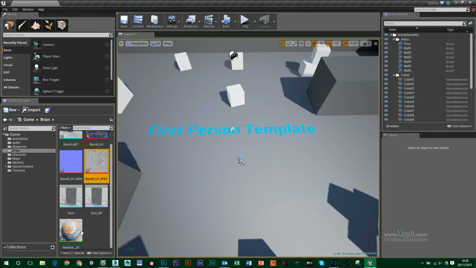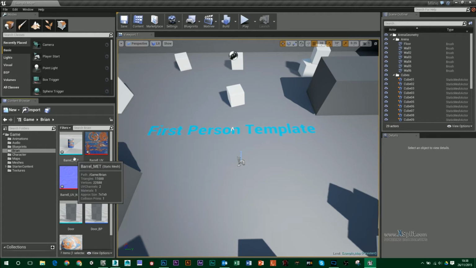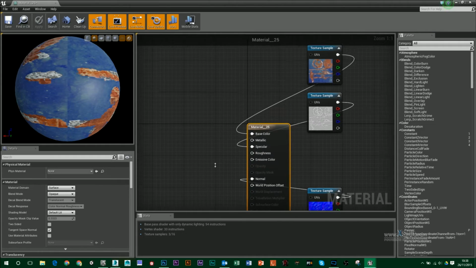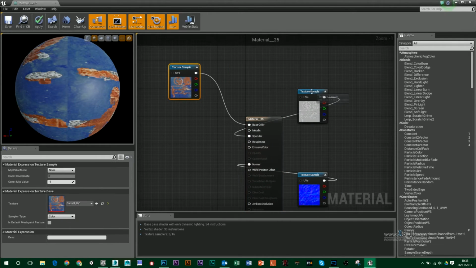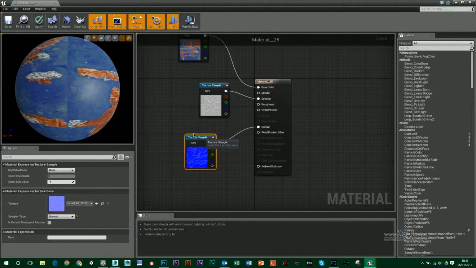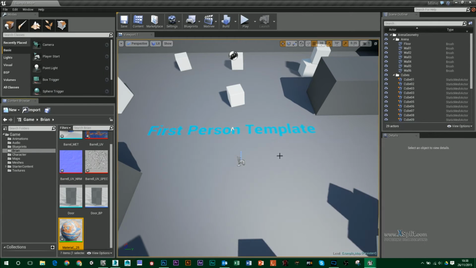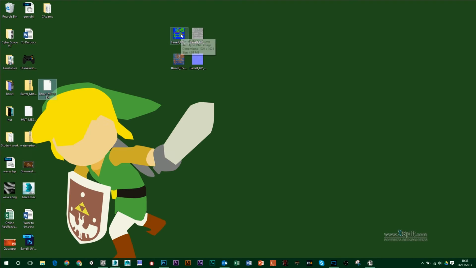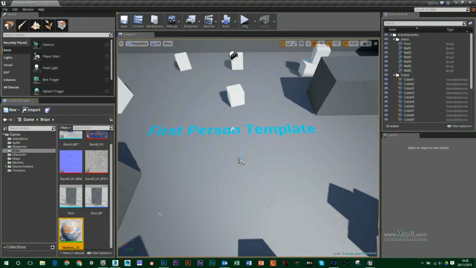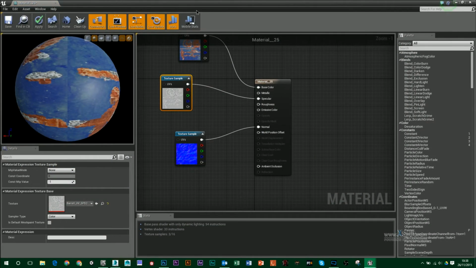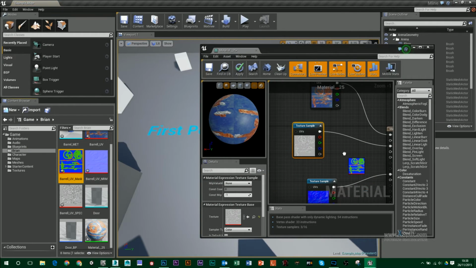So you know it's a material because it's kind of like in this spherical form, and it's got a green underline, where textures have red and static meshes kind of have this lilac color. So I'll double click and I'll open up my material editor, and it's quite simple. We've got my base color, my specular and my normal map. What we want to do then is we want to take in our mask map. So if I just click and drag that into my content browser, it'll import it in, and then all I want to do is drag that into my